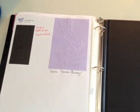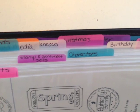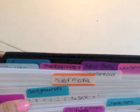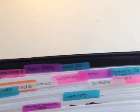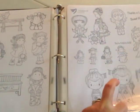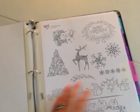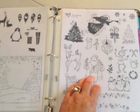And then I also did a binder for stamps, and I've tried to do it in different sections. So I've got all my little tabs to help me find what I'm looking for fast. Every time I get a new stamp set, I stamp it onto the paper, put it in whatever category, and then it corresponds with all my stamps that you saw on the shelves in the DVD cases or in the Stufftainers. This way you can always go through and see what you'd like to use, what you have, because if you're like me, you forget what you have, and then you can just go find the stamp. I find it really helpful, and recently I started writing exactly which company it's from and what the stamp's name is,